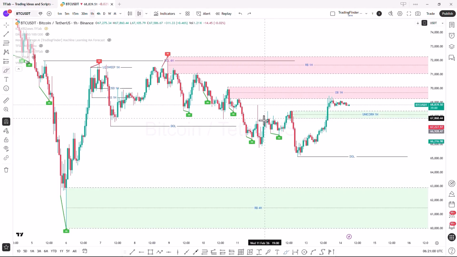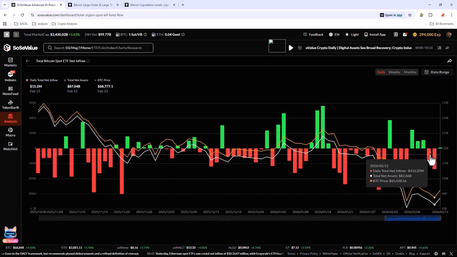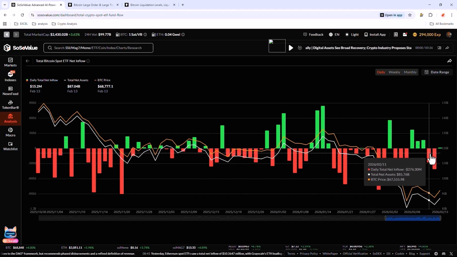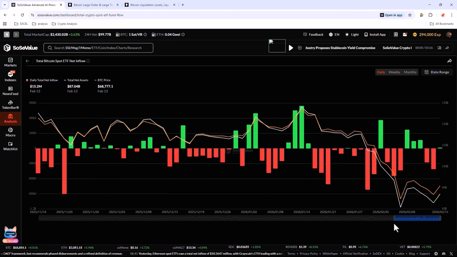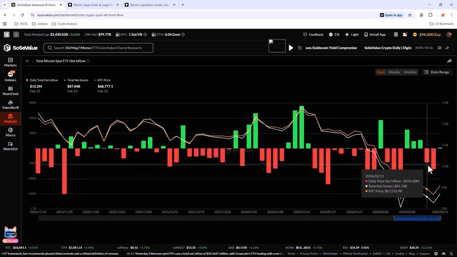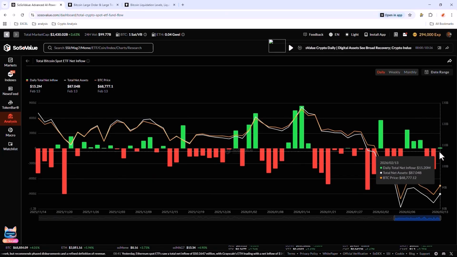it could be the prelude to the next bullish wave, which, by examining the ETFs, in the last 3 days of the week, Wednesday, Thursday, and Friday, we see that on Wednesday and Thursday, respectively, we had negative net inflows and outflows from the ETF funds. A total of $226 million was withdrawn, and after that, another $140 million was taken out. But on the last trading day, which was Friday, there was only about $15 million in net inflow.